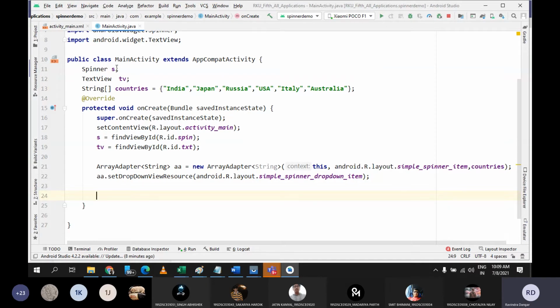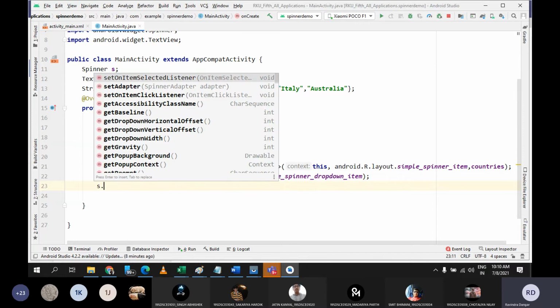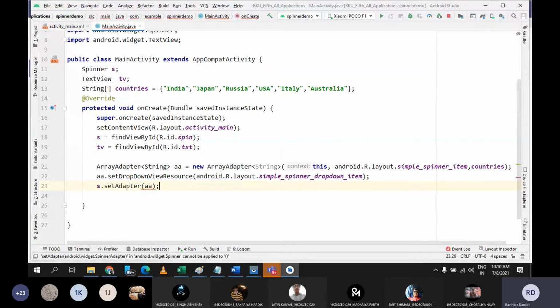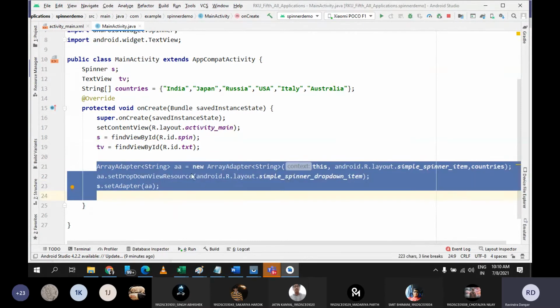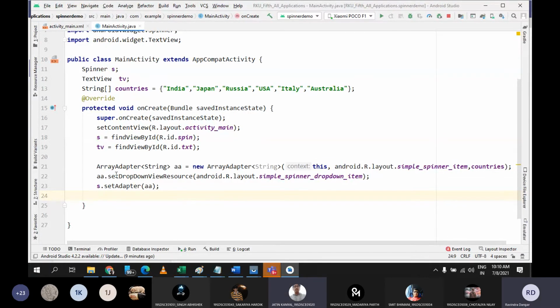So in whatever control you want to set it, you need to use the object of that control. Here I have a spinner, and the object of spinner is s. So I can simply write s dot, and you will find the method, you can see here, setAdapter. Just click on that and pass the object of your adapter. I am done with the entire thing. Once I run this application, you will be able to see all the items displayed as a part of the drop down inside the spinner. Any doubts so far? You just need to remember these 3 lines. This is new for you. Yes sir, clear. I didn't understand the array adapter part, the a dot one below.